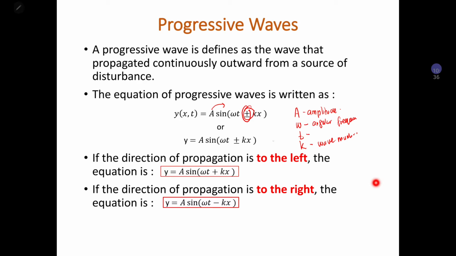Alright. So, awak nampak perkataan simbol plus minus. Okay. So, if the symbol is positive, means that wave tu dia adalah propagate to the left. Kalau wave ni propagates to the right, so the symbol is minus. Okay. So, nanti di dalam soalan seluruhnya tak akan cakap lah, either wave tu propagate to the right or to the left.